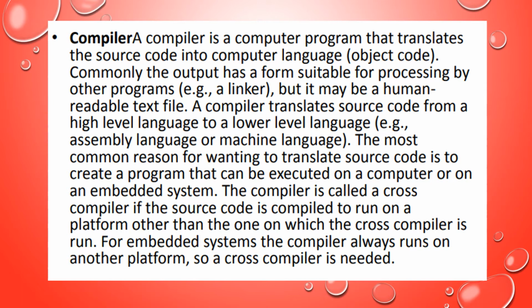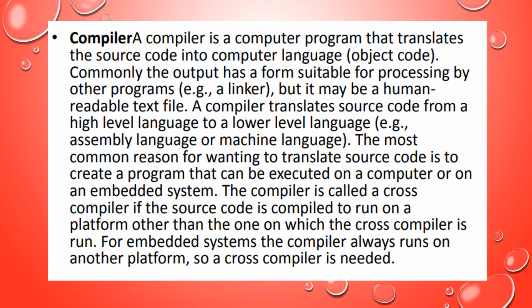As far as the compiler is considered, it is a computer program that translates the source code into computer language, that is object code. Commonly, the output has a form suitable for processing by other programs, that is, the linker, but it may be a human readable text file. The compiler translates source code from a high level language to a lower level language, that is, assembly language to machine language. The most common reason for wanting to translate source code is to create a program that can be executed on a computer or on an